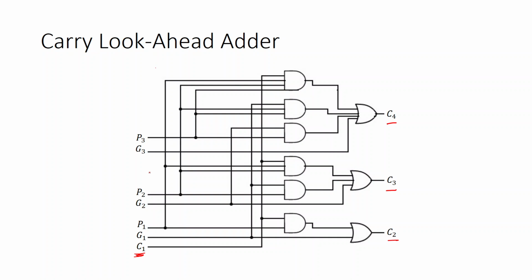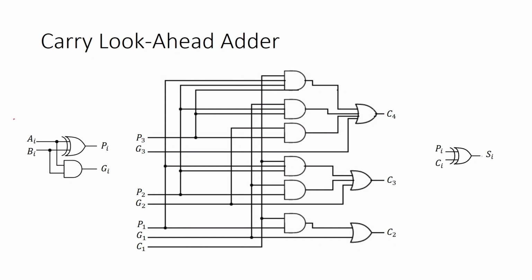So now what is remaining? Remaining is to generate the PIs, GIs, CI, and generate the ultimate sum. So what extra additional circuit do I need? I need this. Every AI and BI will give me a PI and GI, and these are the PIs and GIs for P1, G1, P2, G2, P3, G3. So I will need 3 such blocks, and this will give me the PI and GI. And here AI into BI,